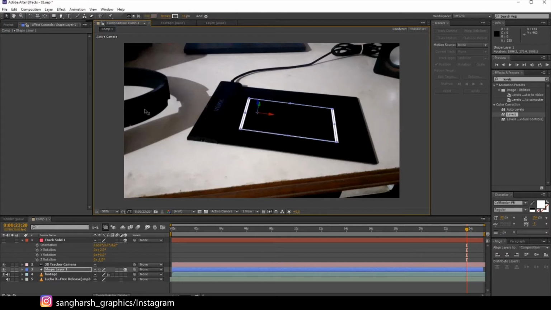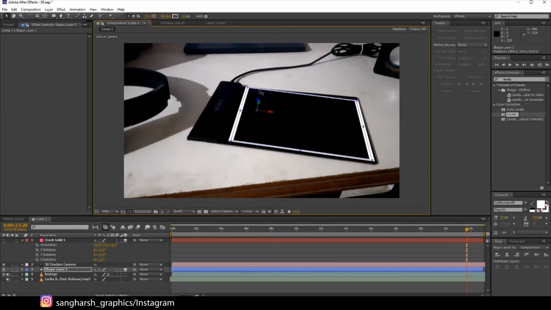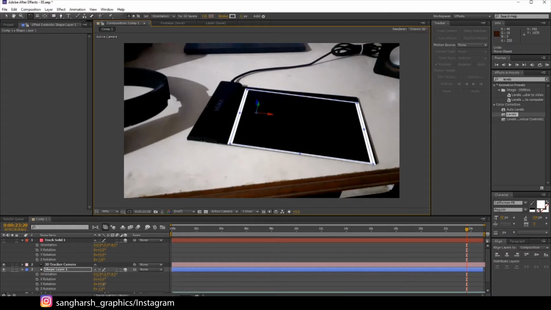Match it over here, scale it more. Okay, let's try to rotate it just a little bit, not too much, come on. I think it's snapping actually, that's why.